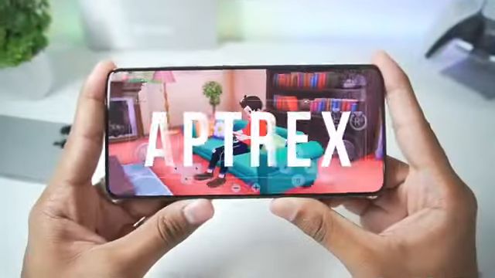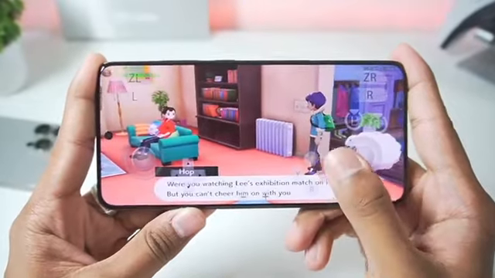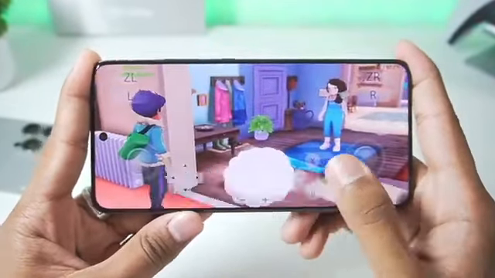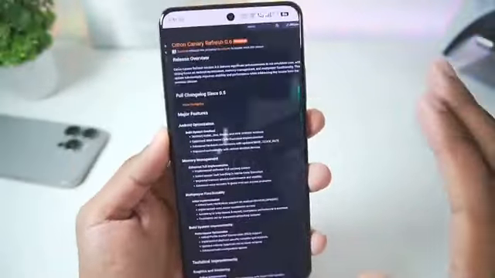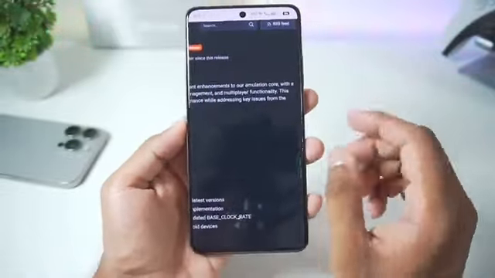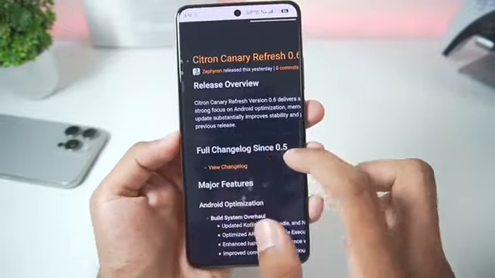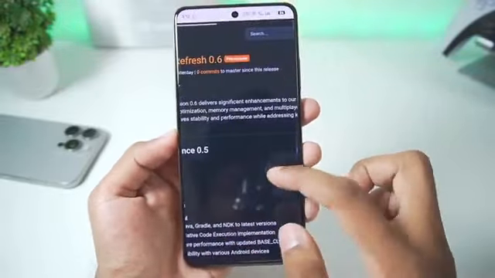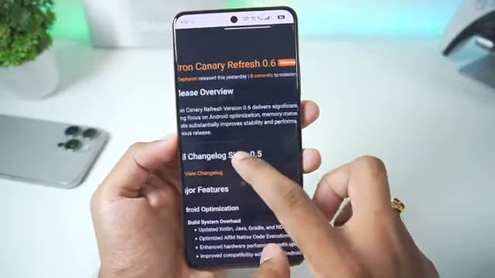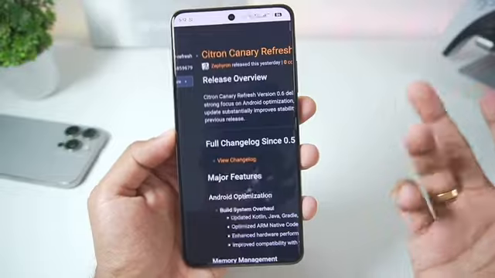In today's video, we'll be taking a look at the brand new Citron Emulator Android version 0.6 Canary build, which was released just yesterday. Now this has to be the biggest improvement we have ever seen in terms of Nintendo Switch emulation in general, because finally in the Citron Emulator multiplayer functionality has been added, along with a focus on Android optimization and memory management. This update substantially improves stability and performance while addressing key issues from the previous versions of Citron